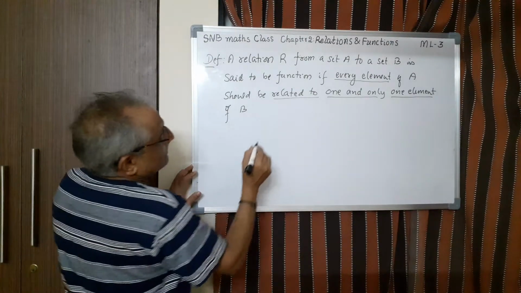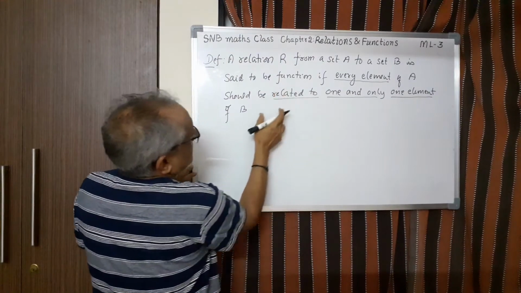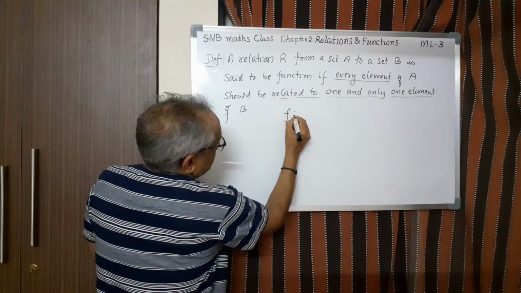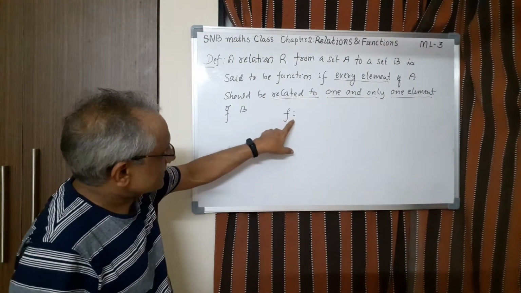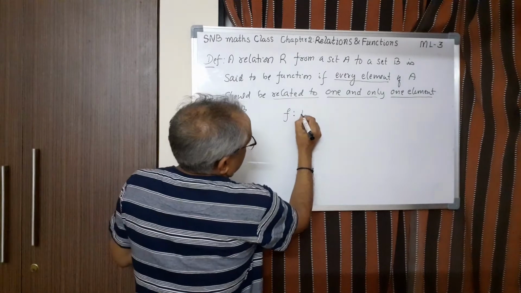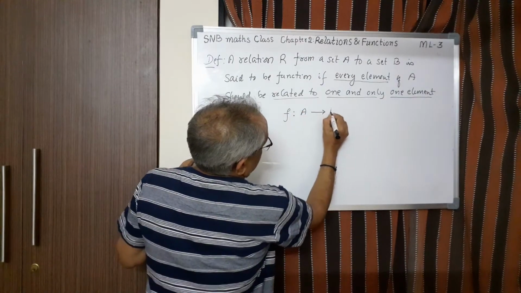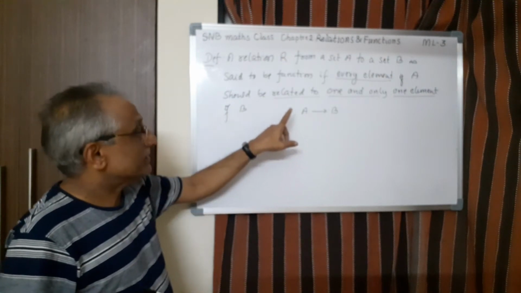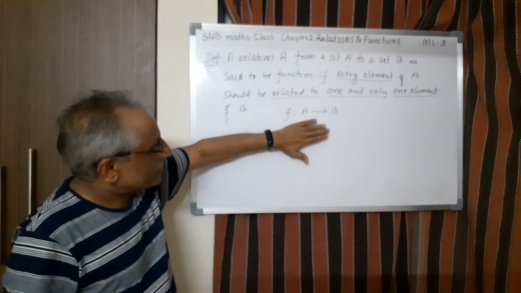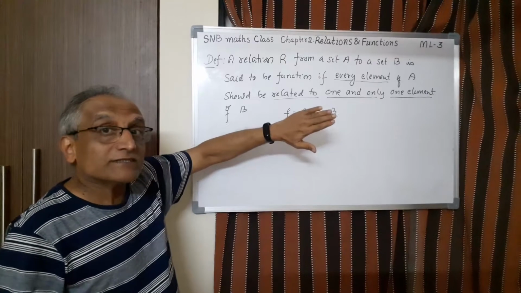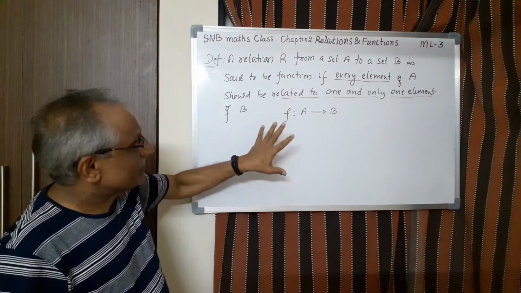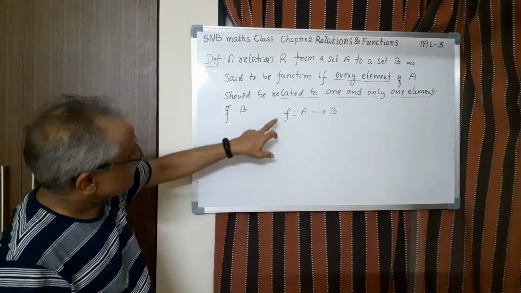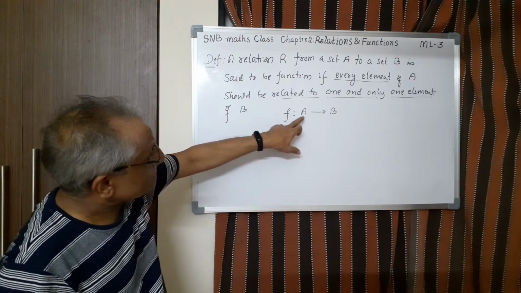Now, whenever a relation becomes a function, we denote it like this. We write f, then a colon, then A, then one arrow mark, then B. You must read this like this: f is a function from A to B. That's the meaning. This is the notation we use to represent a function. And f is normally a small letter, even a capital letter is sometimes used. That is not a restriction, but it is: f is a function from A to B.